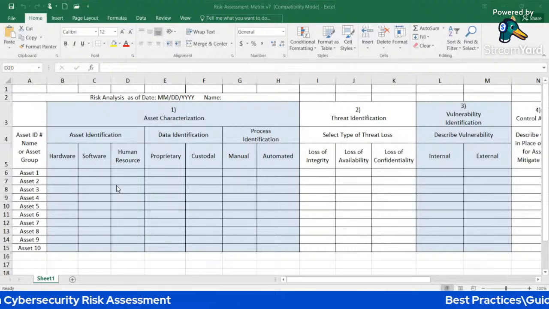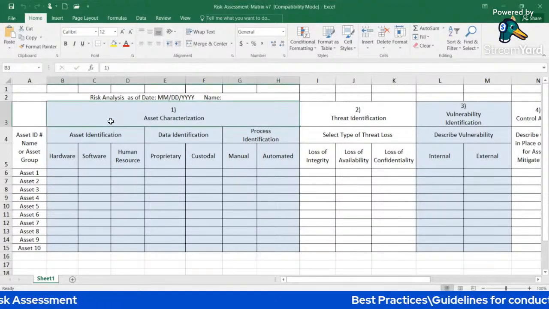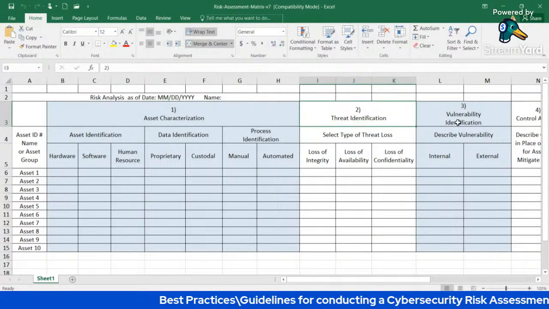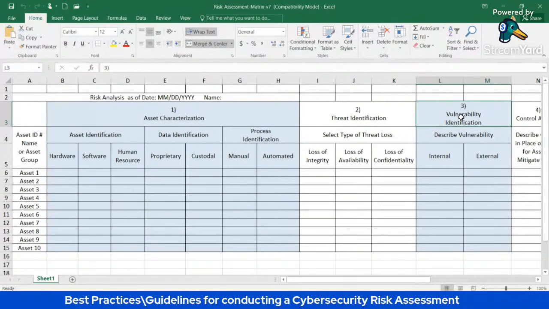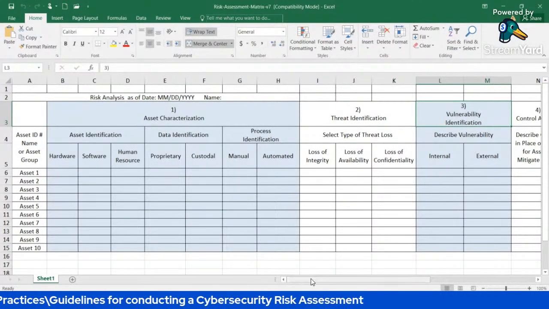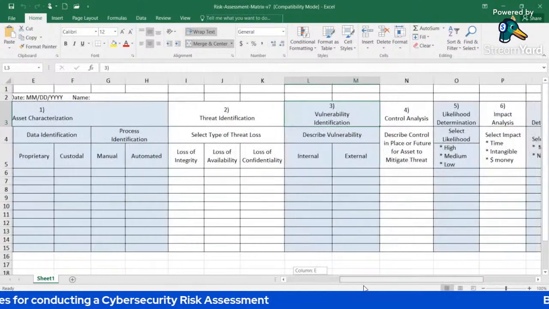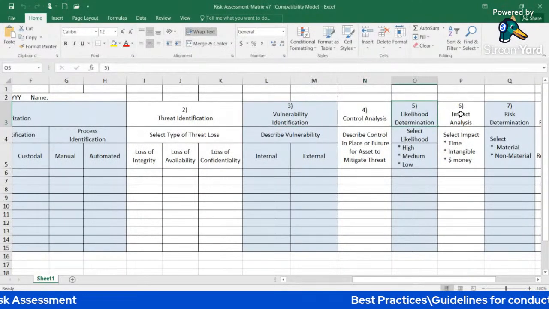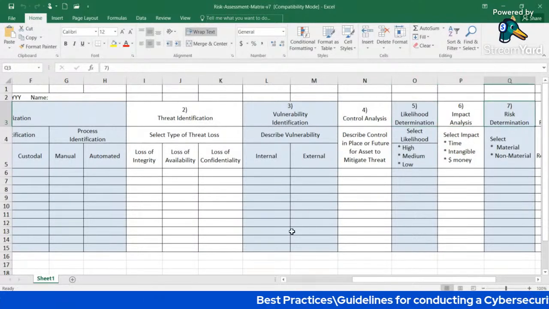And within our risk assessment matrix, recognize we have asset characterization, we have threat identification, we have our vulnerability identification, then we have our control analysis, the likelihood determination, the impact analysis, risk determination,